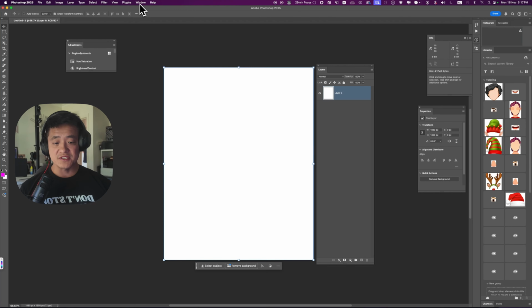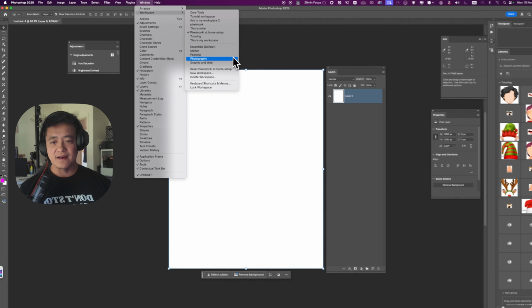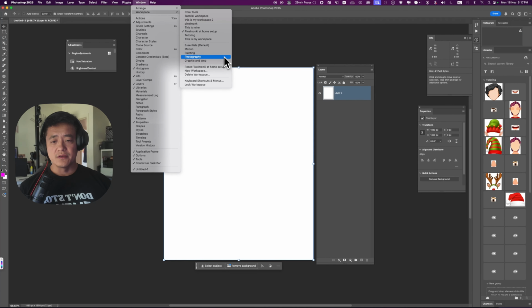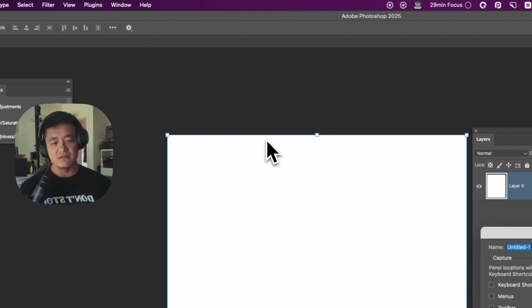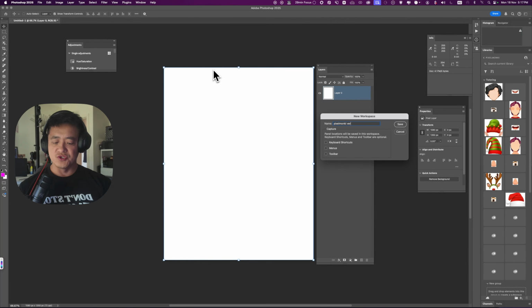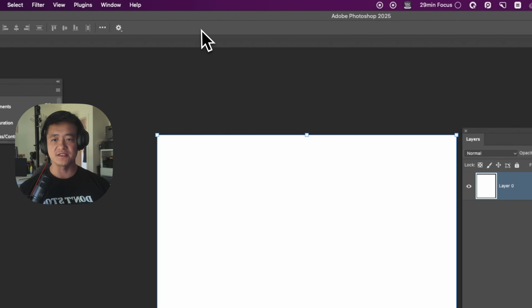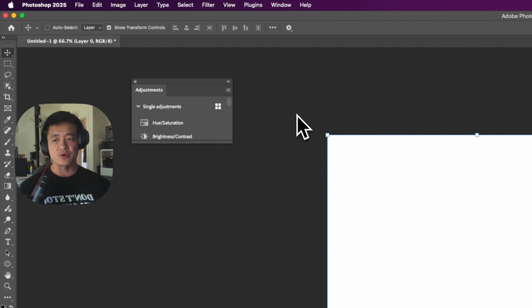And then if you're satisfied with this setup, for example, you go to Workspace, and you can save a new workspace. Pixel Monkey version 2 workspace, for example. Yeah, that's how I set up the workspaces. And you can do this for keyboard. You can customize your keyboard